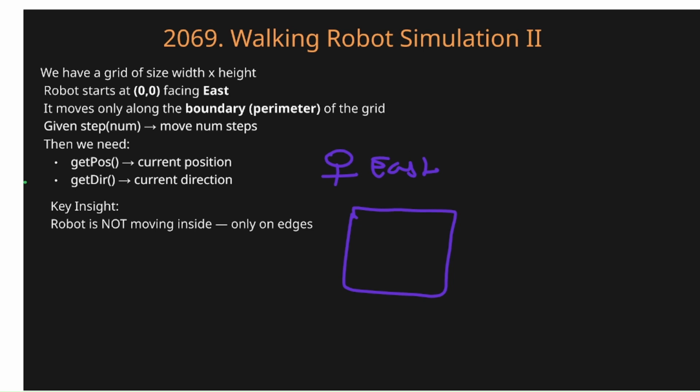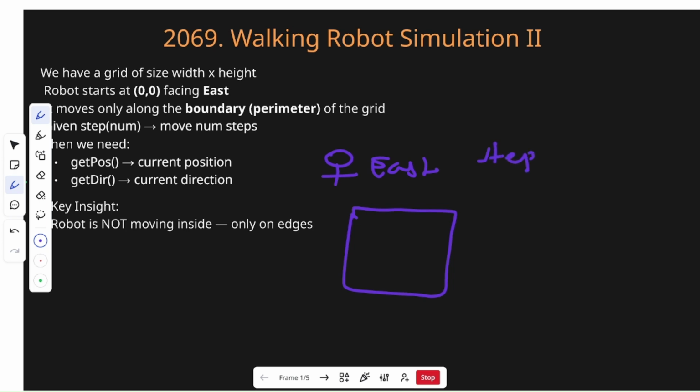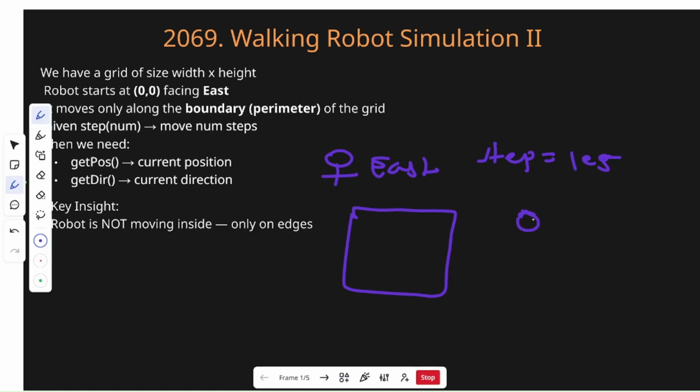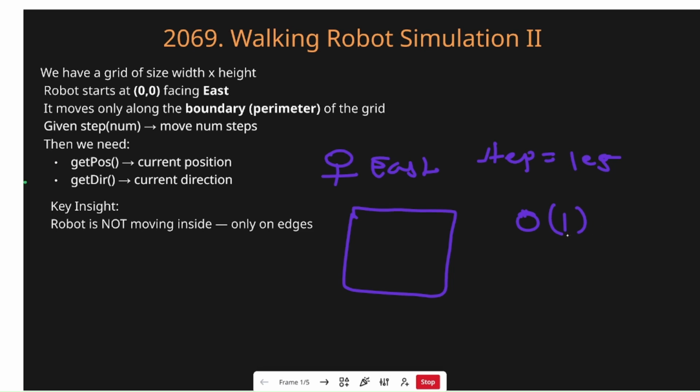The problem here is that the number of steps the robot can move can be 1e9, so you cannot simulate one by one. So we will perform the movement of the robot in big O of one time.